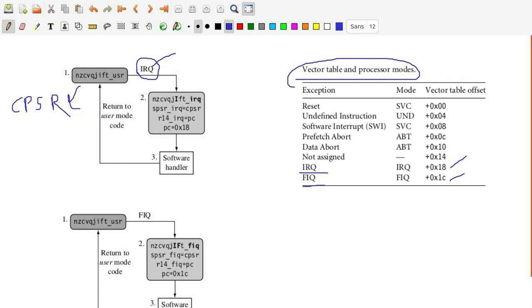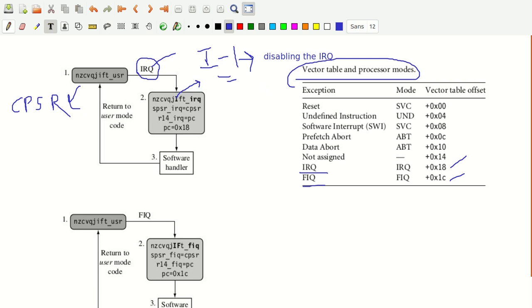Don't get confused: if you look at this, the I bit is capital here, which means the I bit is set, so you are disabling the IRQ request. You are disabling the IRQ. That is what you do here.